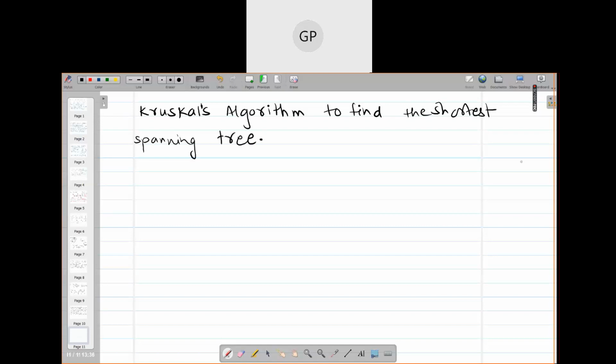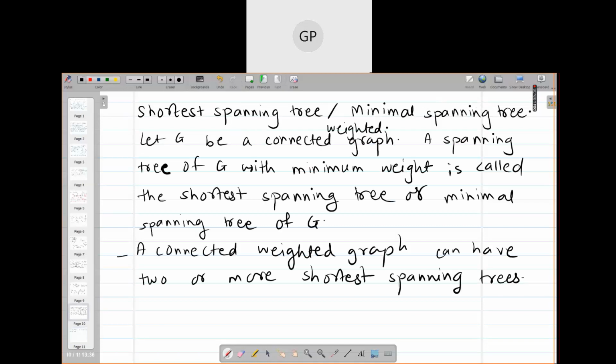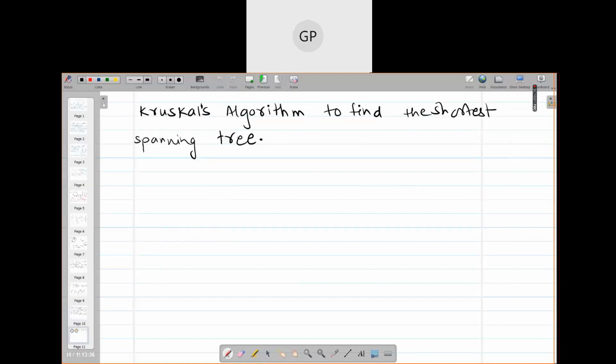Can't we do it just by observing? We wrote on the last page that a connected weighted graph can have two or more shortest spanning trees. For example, if I have a graph, say 2,